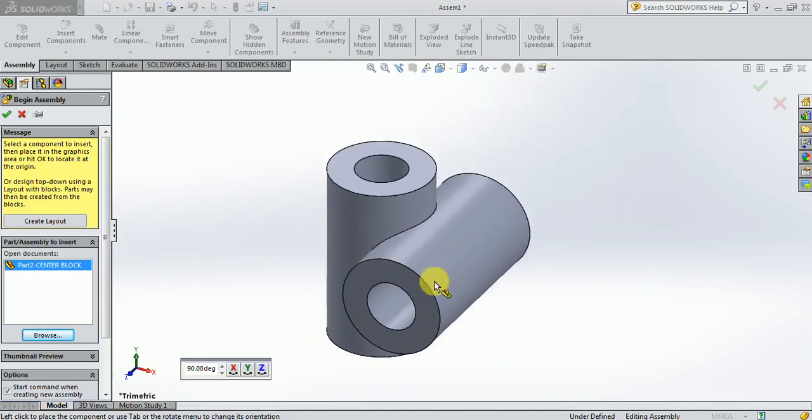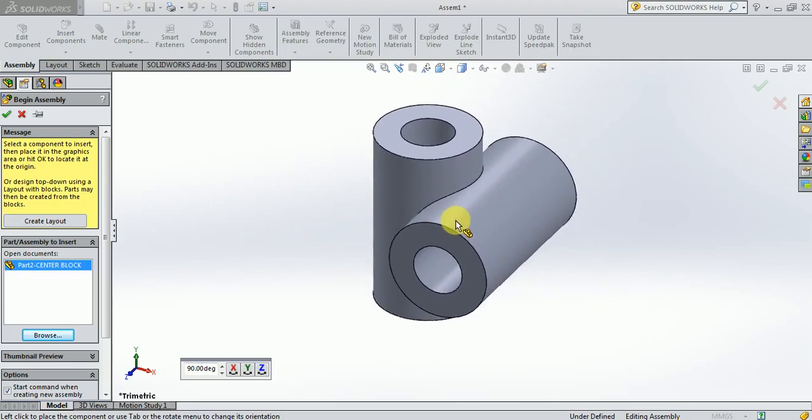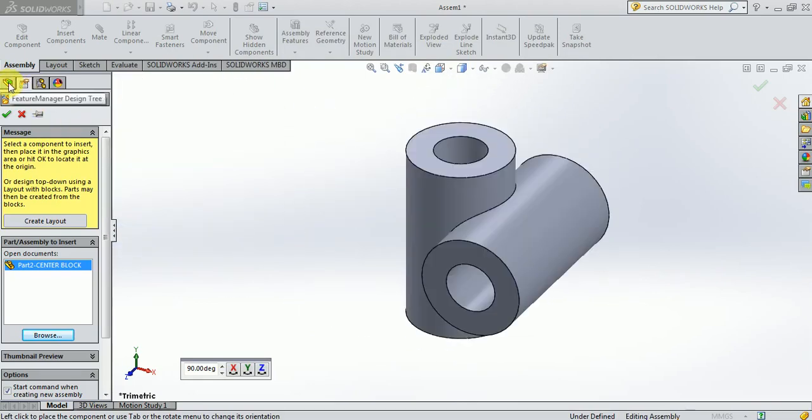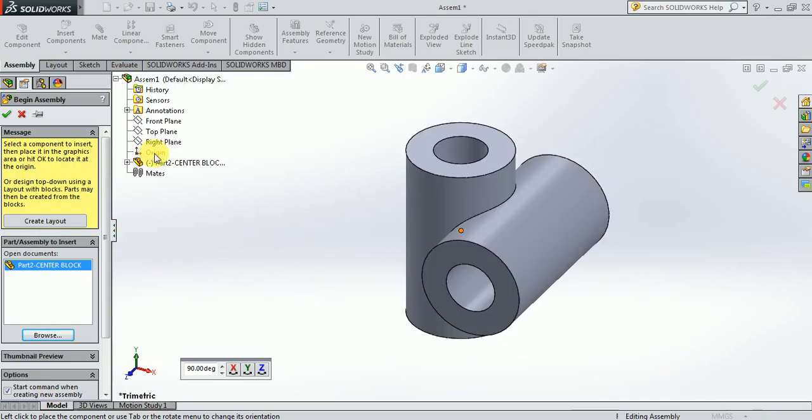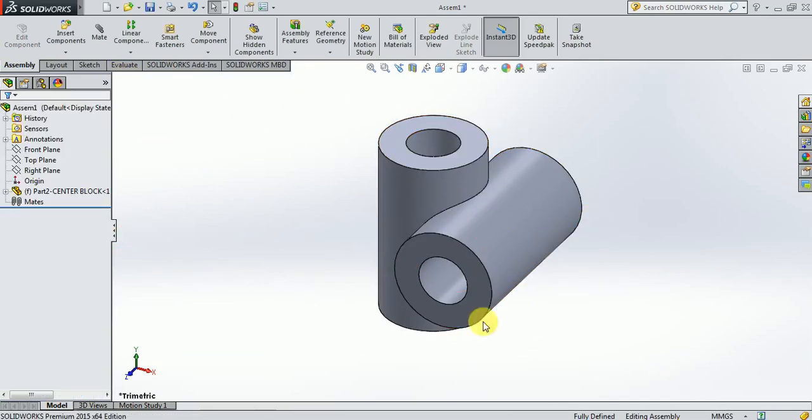So where we can find the origin of the assembly layout? That can be found by taking the cursor onto this feature manager design tree, and once you click on that, this feature manager tree will also appear in the assembly layout here. Okay, expand this tree and then you try to pick the origin. So we have brought the center block of the universal coupling, and we have fixed this exactly at the middle of the assembly layout.